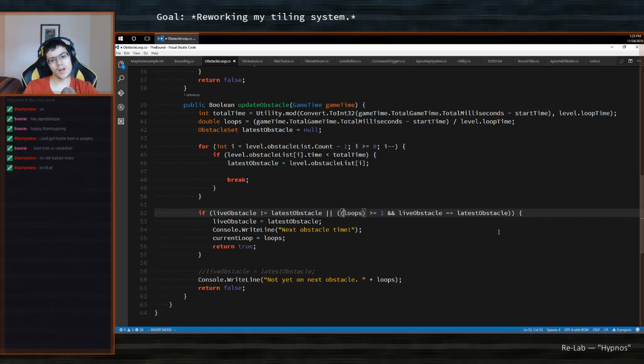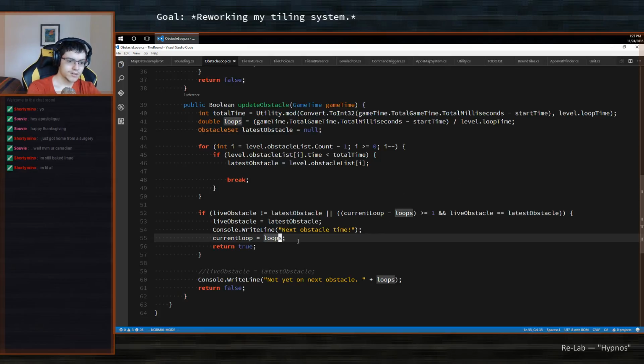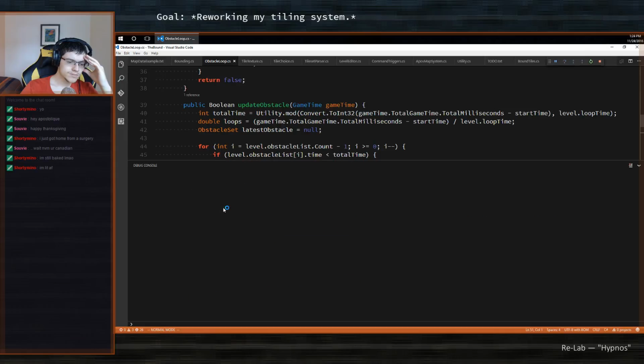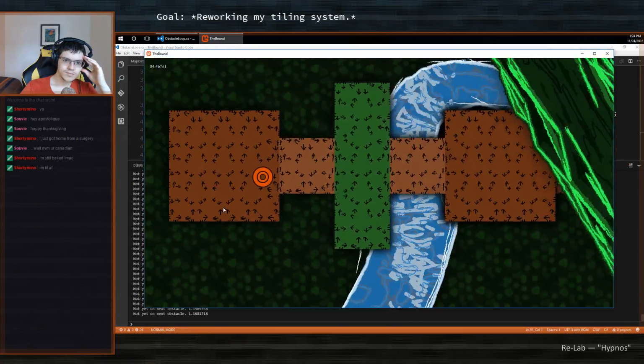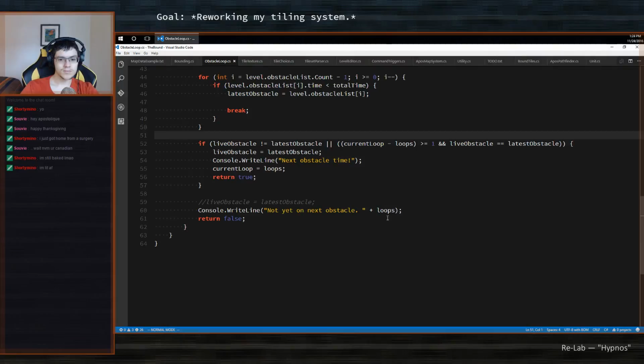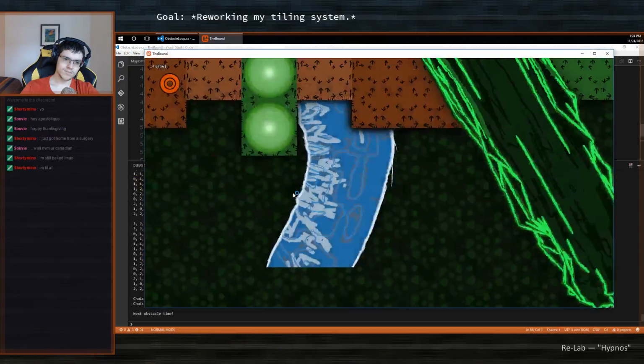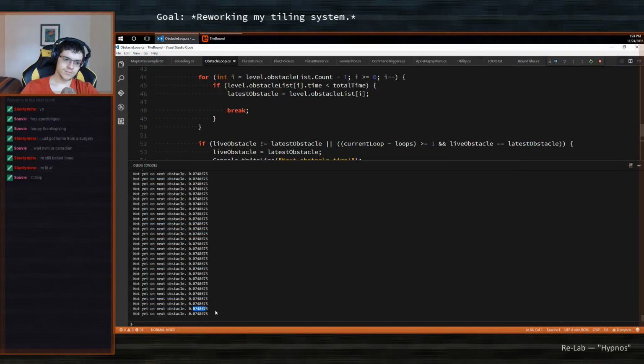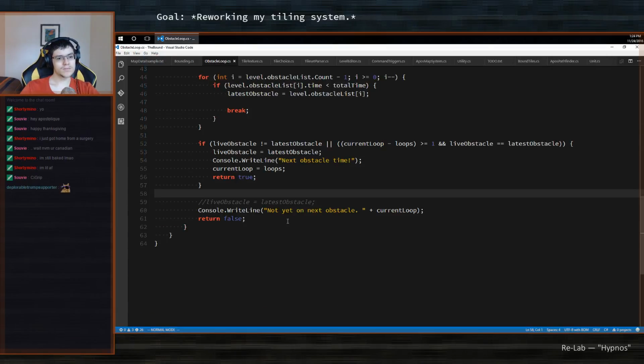Loops. Current loop minus loops if it's bigger than 1. Now surely this works. Oh.